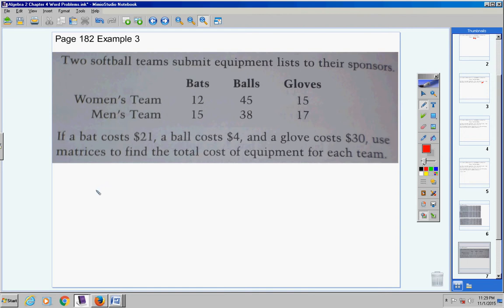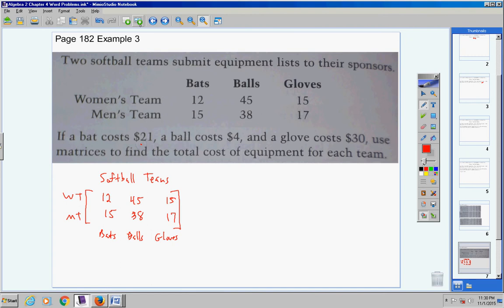So here's what I would do. I would write a matrix, and I would put softball teams for my heading. That's my heading. Softball teams, and then you can abbreviate women's team, men's team, and I guess I'll put the words down here, which is okay to do. Bats, softballs, and gloves, and here we go. 12, 15, 45, 38, 15, 17. Now, we're going to have to come up with another matrix that's going to be our cost matrix,